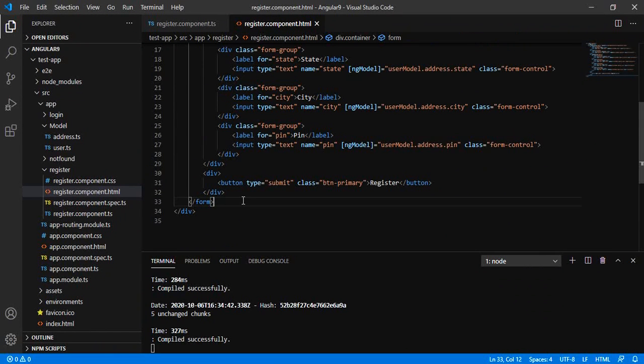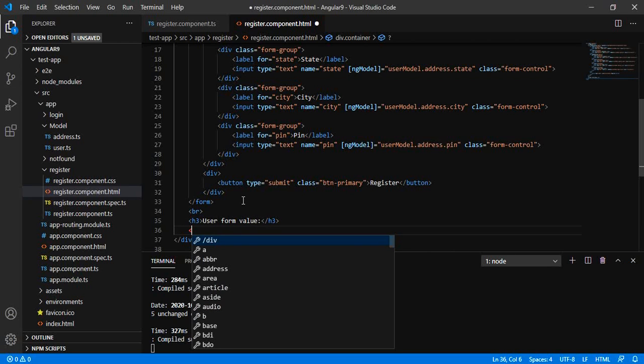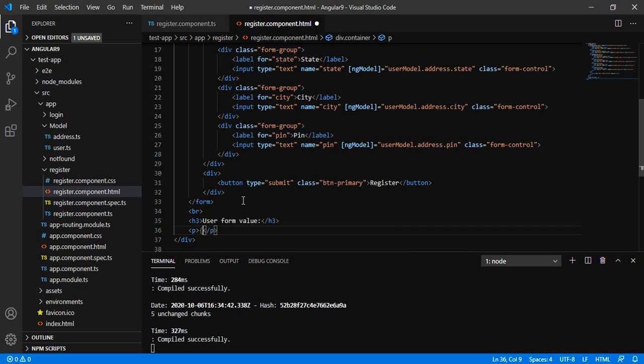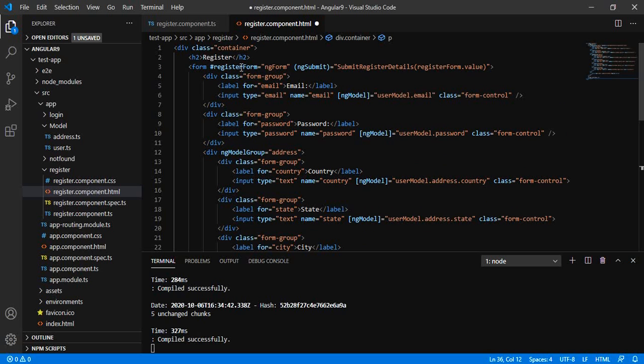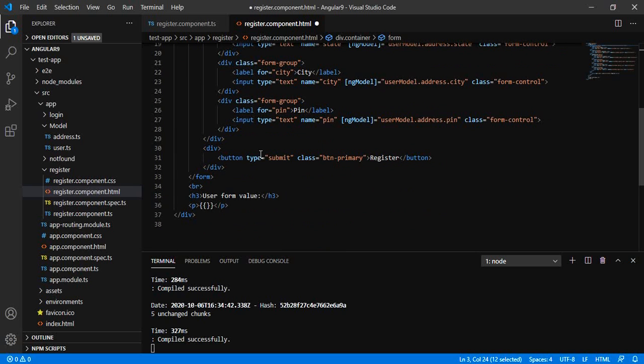or the property binding. Let me print the value of the form. That will be the current updated value available in the form. Let me just print the values in JSON format. Inside double curly braces, we will add registerForm dot value.